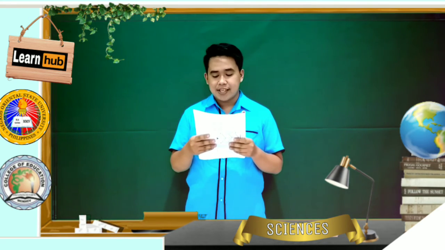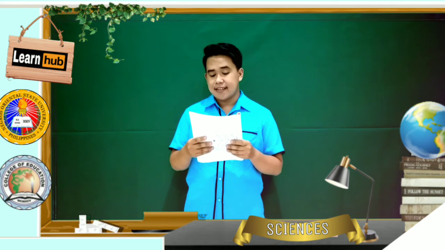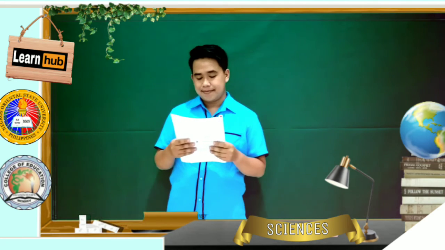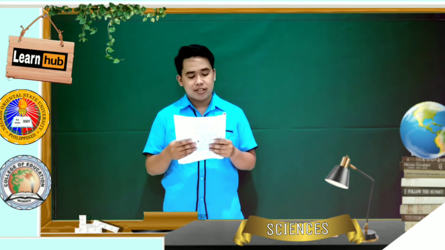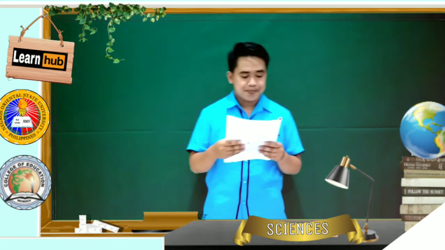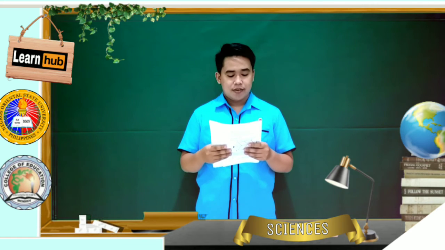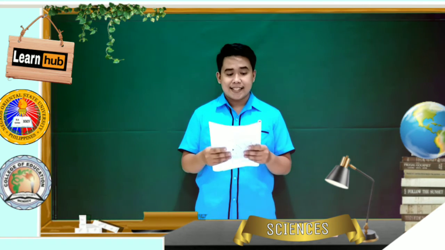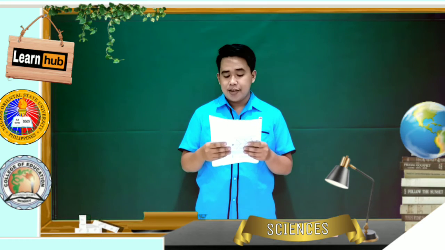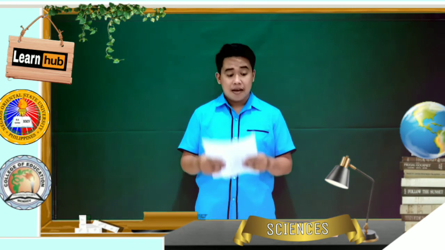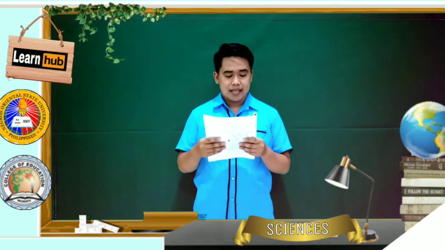For our number 4, the answer is fault. When the stresses get too large, it results in cracks called fault. For our number 5 question, the answer is magnitude. Who got it right? Very good. Magnitude measures the energy being released from the origin of an earthquake. For number 6, the answer is intensity. Intensity is determined by the strength of the trembling made by the earthquake at a place.